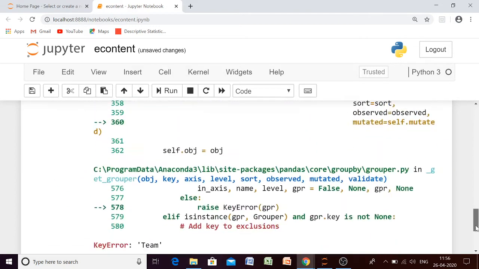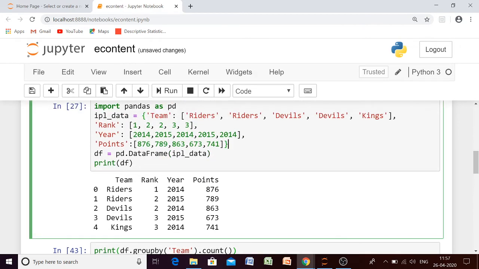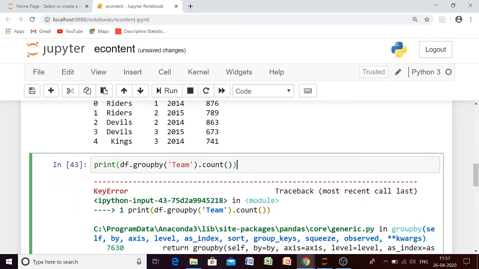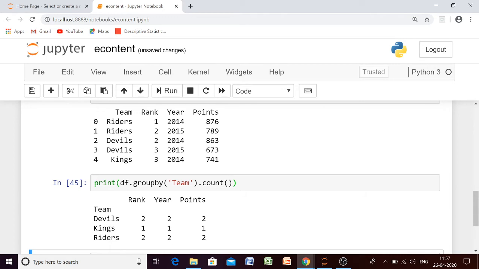First we have to execute our data frame. Let us create our data frame first, then execute this. Now see what we have done. We have split our data frame team wise. In total how many teams do we have? Three teams. For the Riders team, how many ranks do we have? Two ranks.